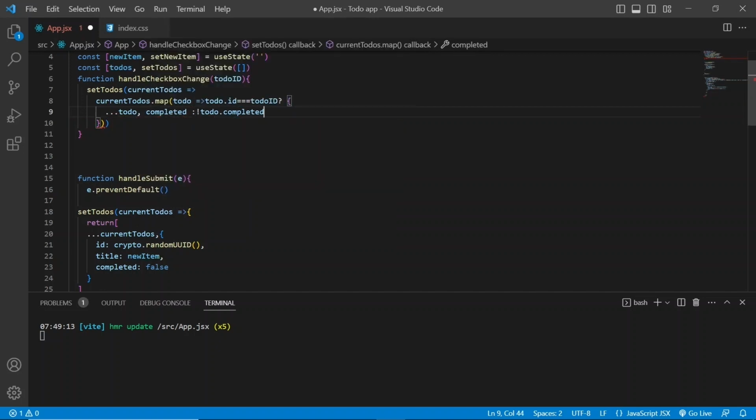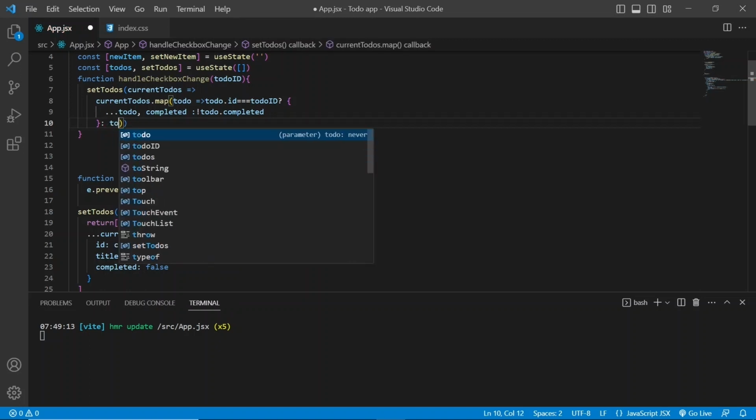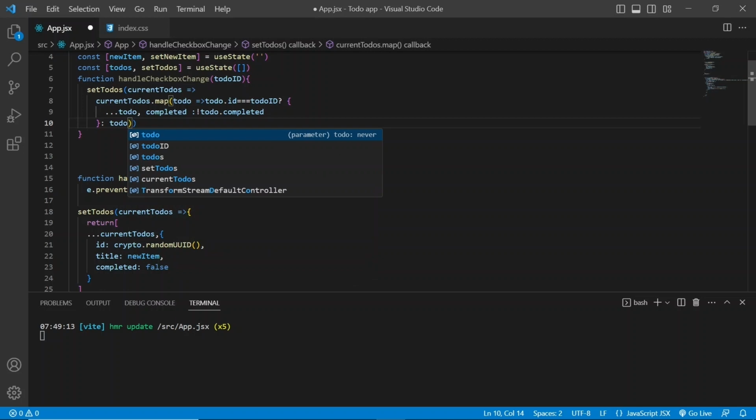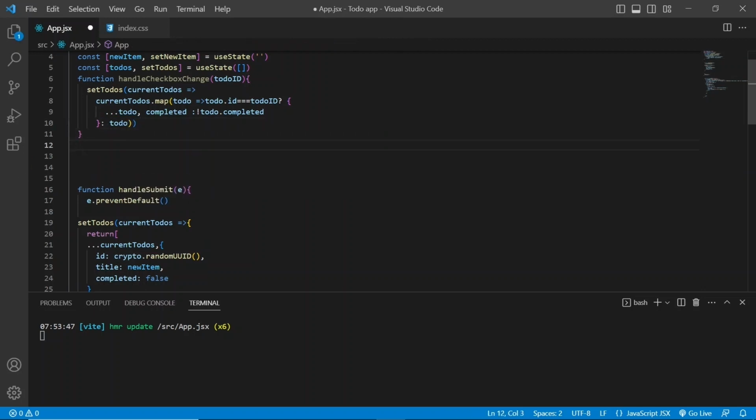To do. Control save, and also create another function